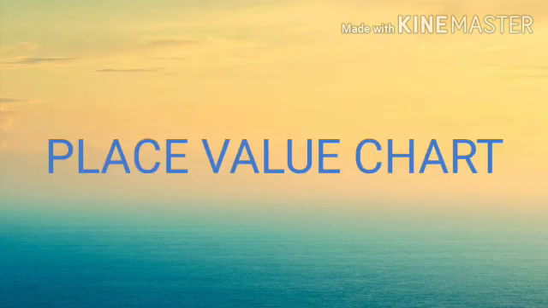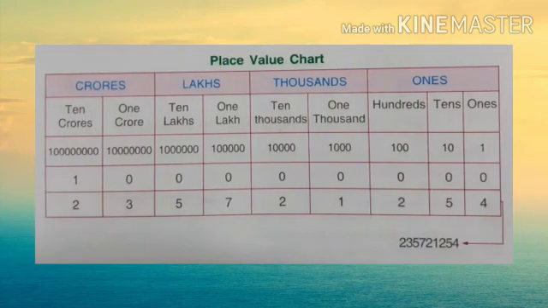Now let us move into our next topic, that is the place value chart. This is the topic which you have already learned in your 4th standard. So now in the 5th standard you will see some extension in the place value chart. This is the place value chart pertaining to the Indian system of numbers. So it contains ones, tens, hundreds, 1000, 10,000s, 1 lakh, 10 lakhs, 1 crore and 10 crores. In my next class, I will give you a detailed explanation on how this has to be used and how we have to make numbers using this place value chart.